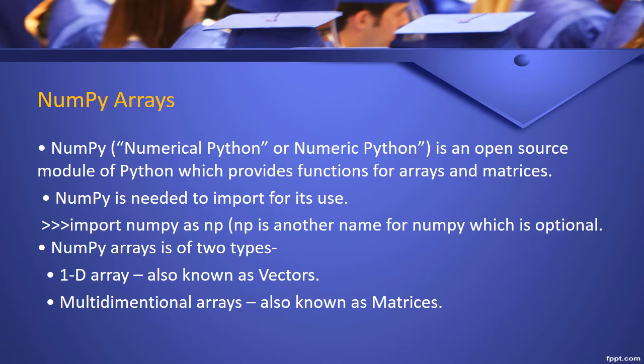Like a list we can generate, but what is the difference between a list and an array? An array is a homogeneous data type only, but in a list we can give different types of values: one a string, one a number. In NumPy we have to give the same type of data. Using the NumPy array we can generate the data points to draw the graph, and a NumPy array is used to perform vectorized operations, which is not possible in a list.